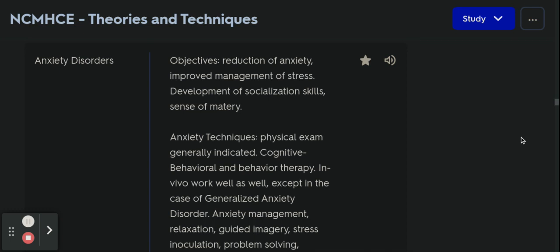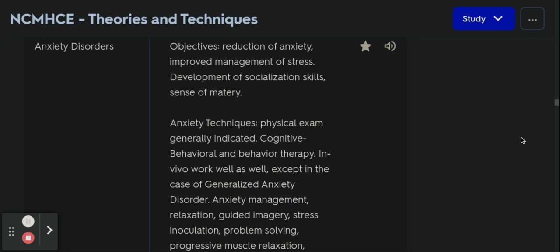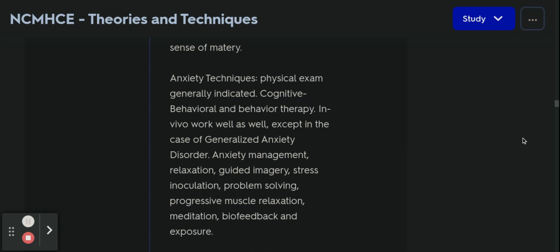Anxiety disorders. Objectives: reduction of anxiety, improved management of stress, development of socialization skills, sense of mastery. Anxiety techniques: physical exam generally indicated, cognitive behavioral and behavioral therapy, in vivo work as well, except in the case of generalized anxiety disorder. Anxiety management, relaxation, guided imagery, stress inoculation, problem solving, progressive muscle relaxation,